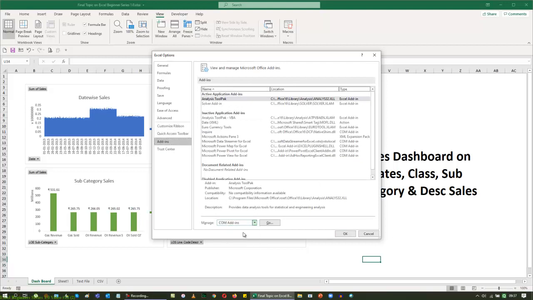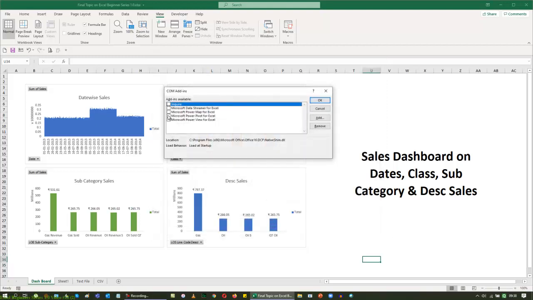But before that, please remember that you have to see whether you are eligible for Power Pivot here. So you can see the inactive application add-ins, and all this data is available. In that you have seen Power Pivot. I'm going to create a brand new series after this. There we will be dealing with Power Map, Power Pivot, Power View, and Power Query Editor too. So I'm going to just go back to this, and I can add my map, all of them here. And I'm going to give an OK.